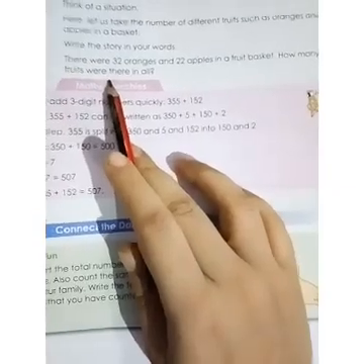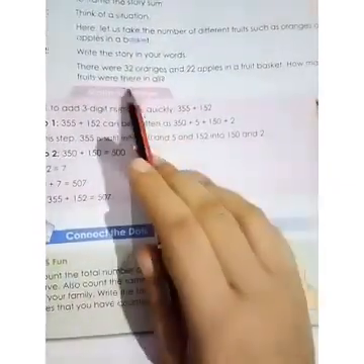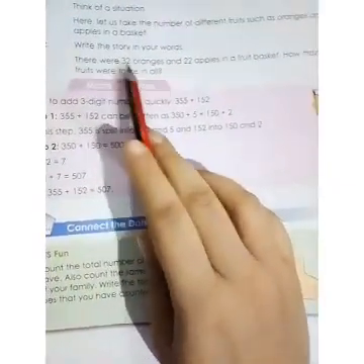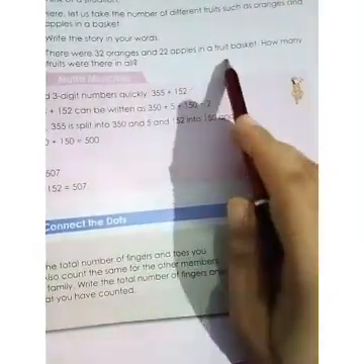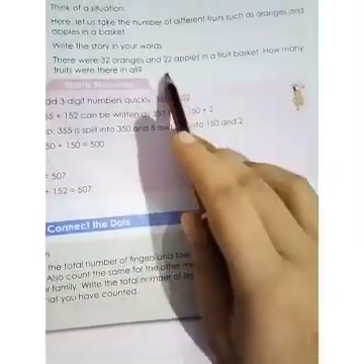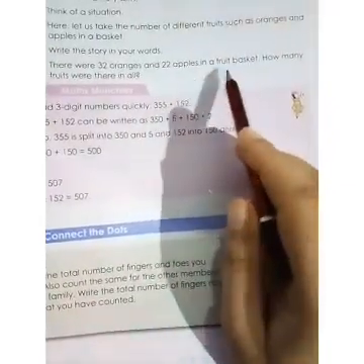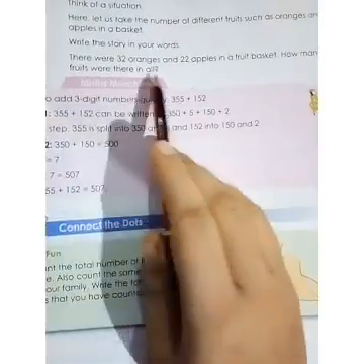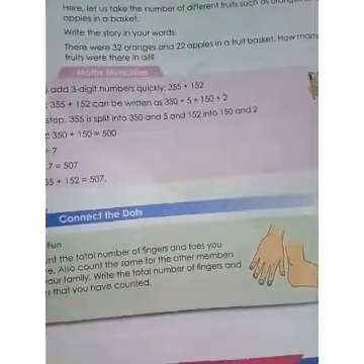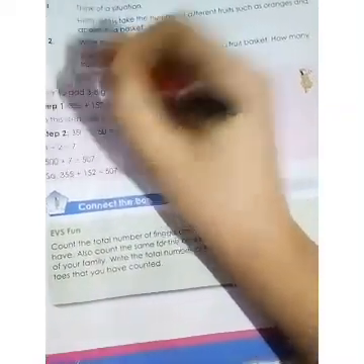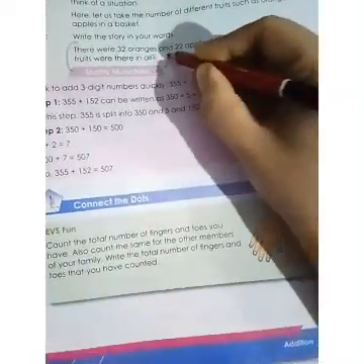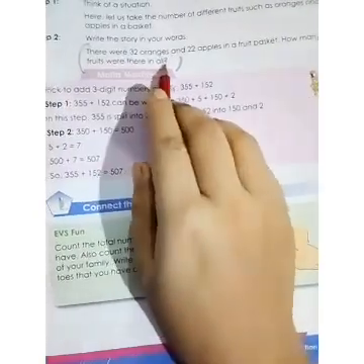Okay. So suppose you are writing your own name, that I have 32 marbles and my friend Rajiv has 22 marbles in a box. How many marbles were there in all? Alright, so you can write a question of your own. This is the answer. You can write in your copy the question and you can write from here to here.